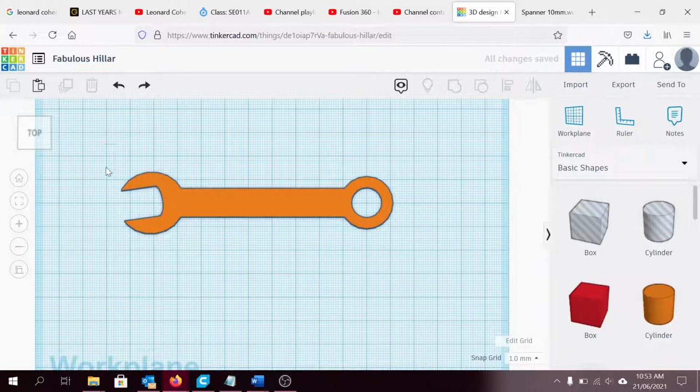Now, the aim of the game here is not to make a spanner, right? You don't have to make a spanner. What I want you to do is to make whatever you'd like, with an eye to thinking about things that you might like to produce in this class more broadly. I'm not fussed about what you make. There are a couple of guidelines which I wrote up on the lesson plan, but you do need to build some fundamental skills, and this 3D design is one of those skills. So find a shape or find a design that you want to make, build it up in Tinkercad if you want to use Tinkercad,